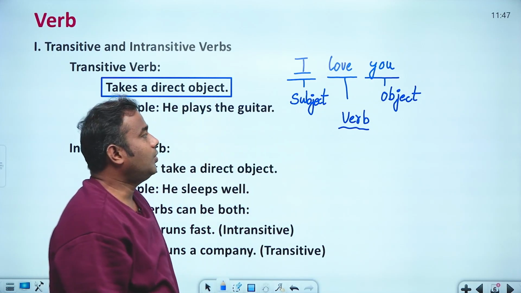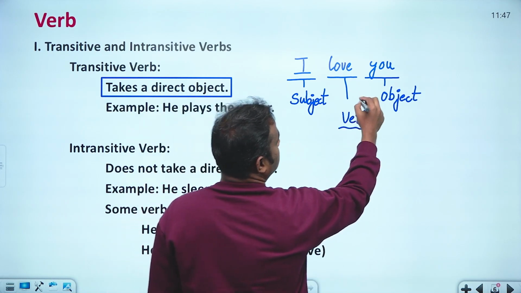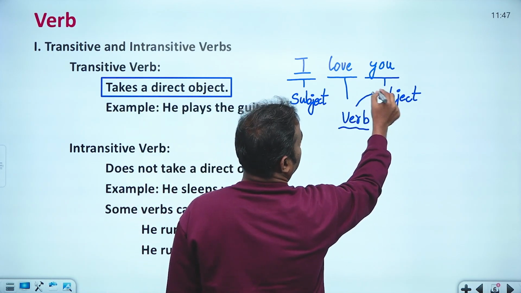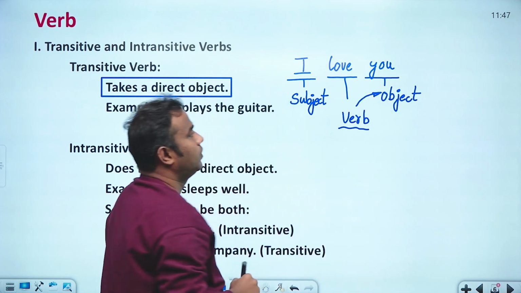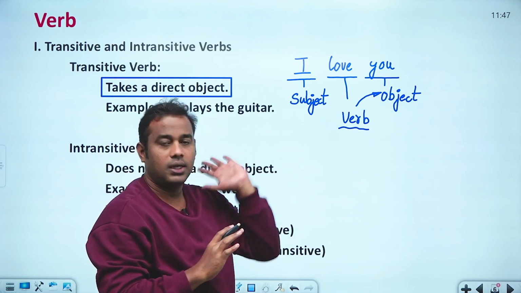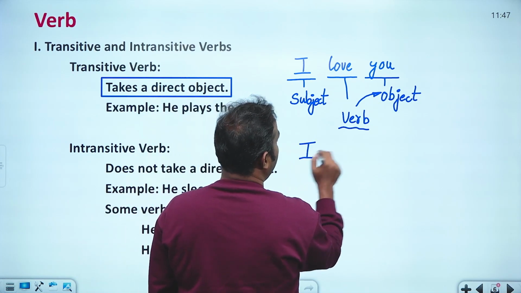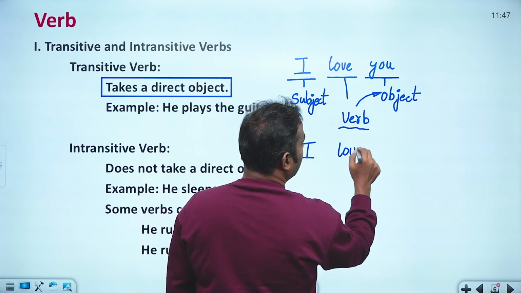Okay, so here this verb is taking an action on the object. So if it does like that, then it is called a transitive verb. The same verb, look at here: I love